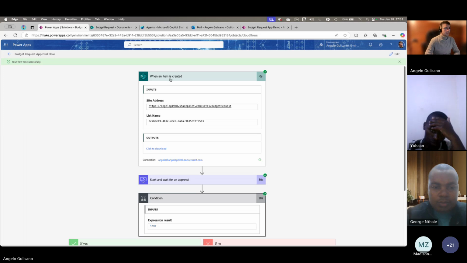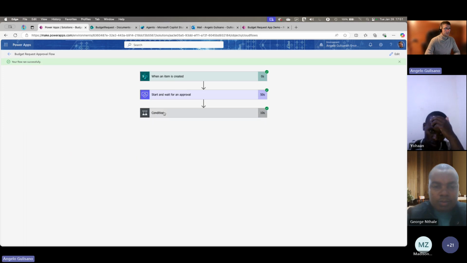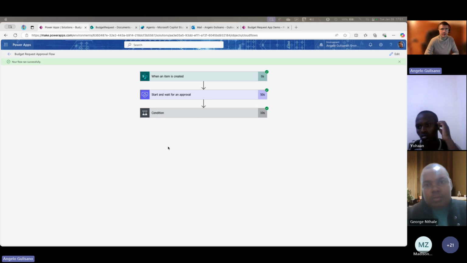Now we can create the last part of our solution, which is creating an agent in Copilot Studio where the user can ask for some information about his approval request.